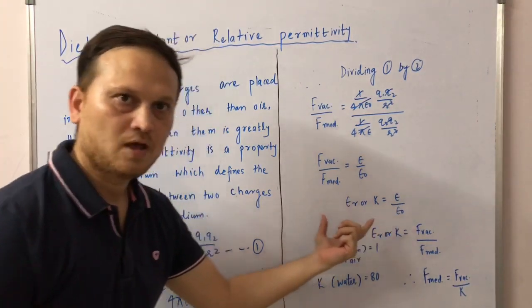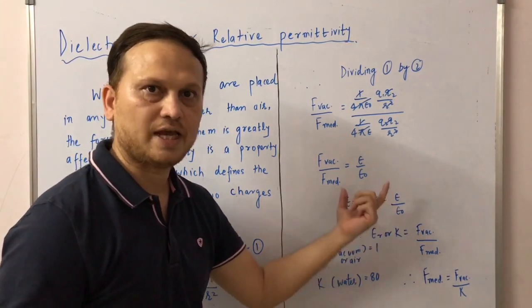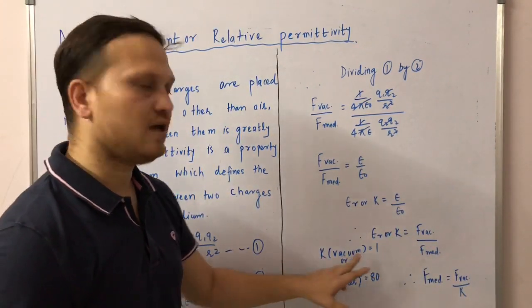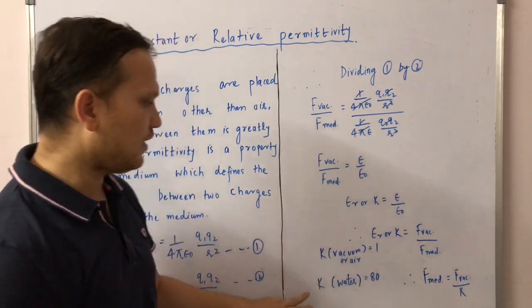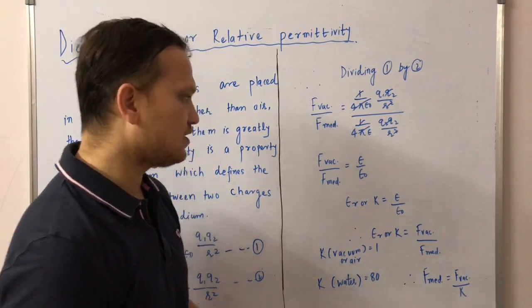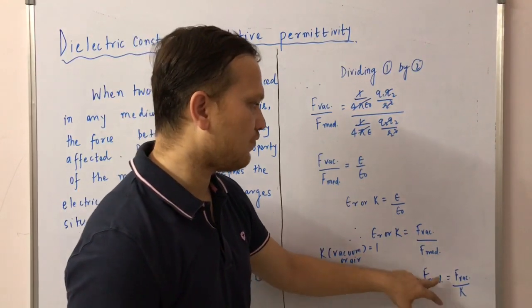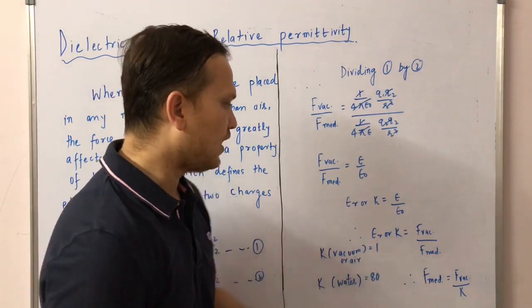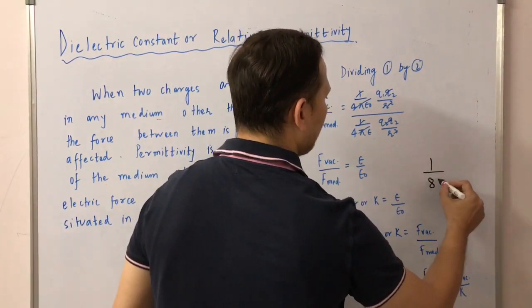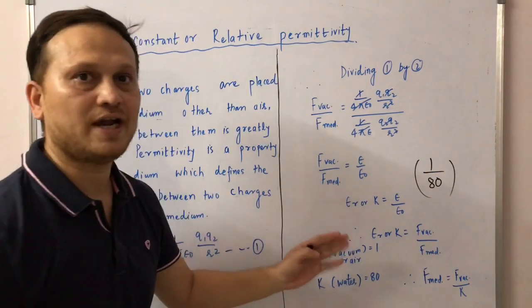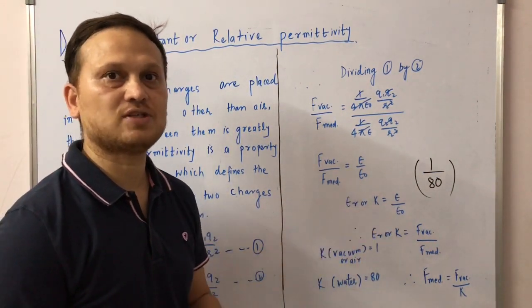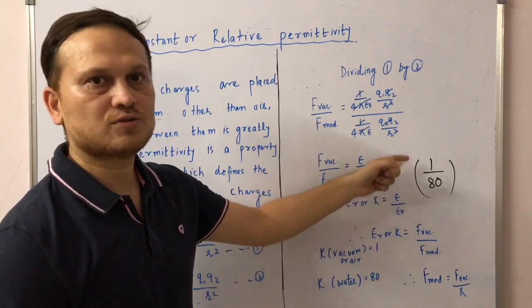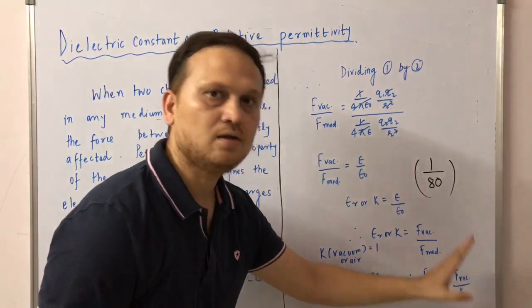That means if you find this ratio, from it you come to know how much the force will increase or decrease. See, the value of K in vacuum or air is 1 and the value of K in water is 80. What does it mean? It means that if you find the value of the same force with the same distance in water, the value is 1 by 80th. The force becomes 1/80th of the force when the same charges at the same distance are kept in air. The force becomes 1 by 80th in water.